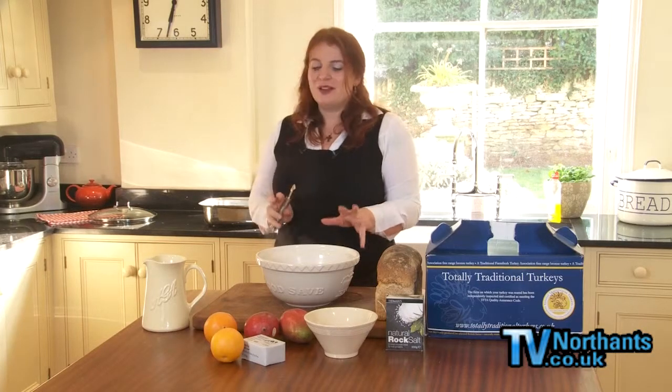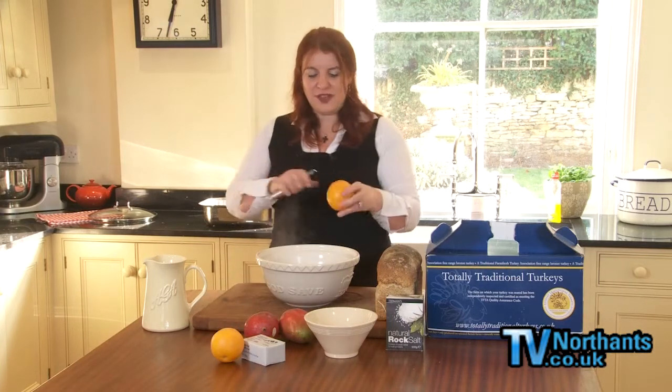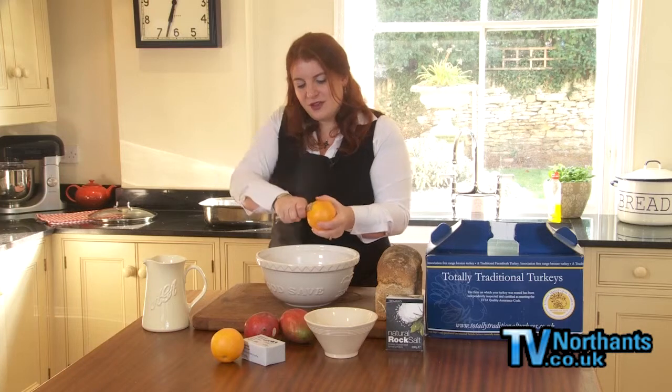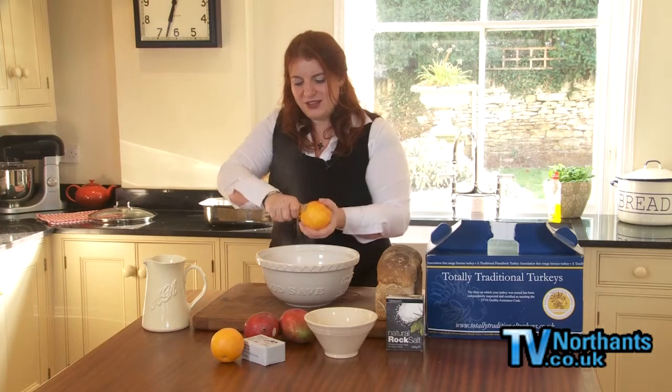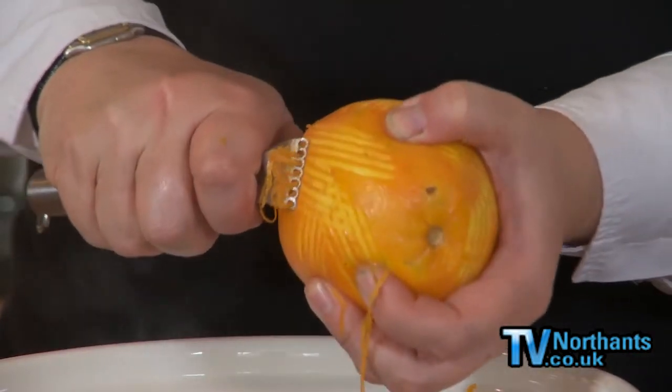You can zest this up a little bit by putting a little bit of orange into it, and it just gives it that little bit of festiveness. So here we go, and you can see all that lovely orange zest in there. Okay, well, to sweeten this, I'm going to use some mangoes, and these are deliciously ripe,